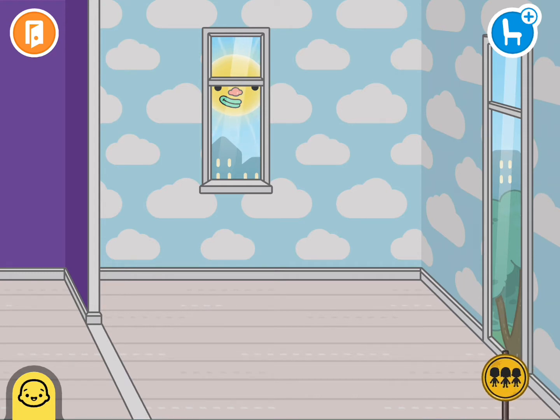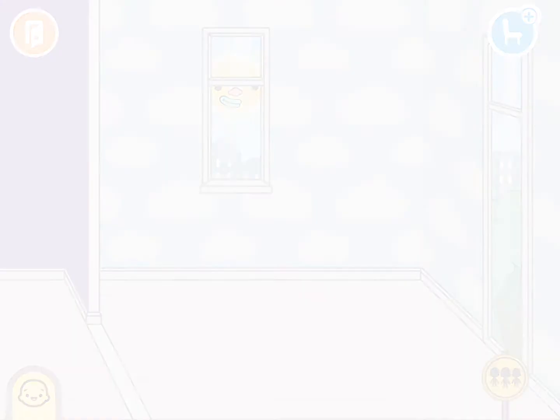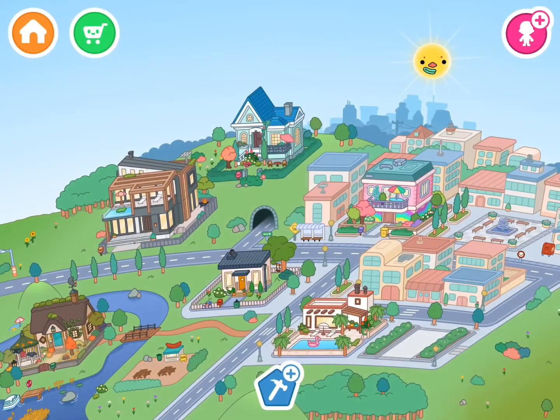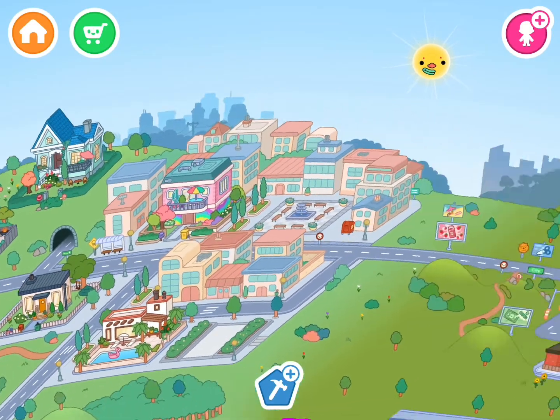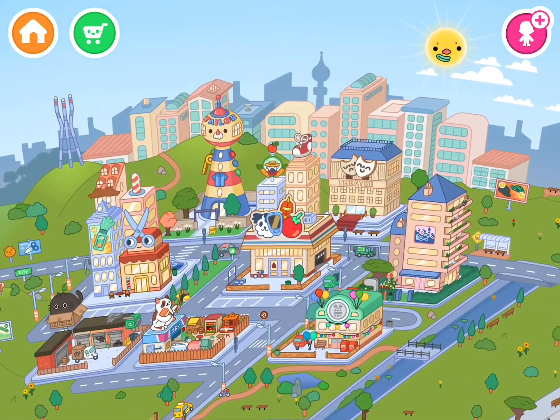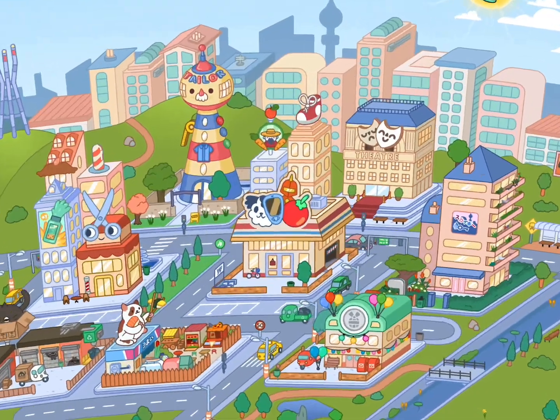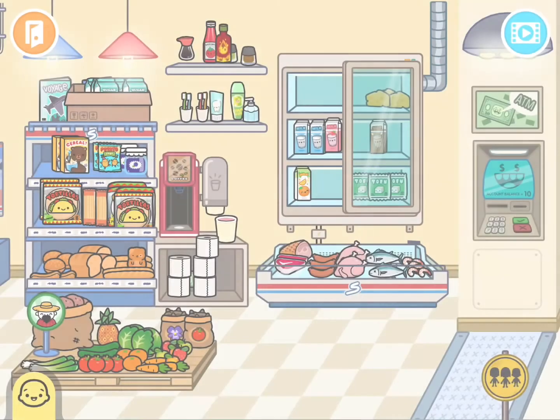The next button we need to pay attention to is the one on the upper left over here. It is the door, the little orange circle door button. That's the button we need to move to other parts of the Toca Life World. So let's go ahead and touch that button, and we'll go to the loading screen. We'll load back out into the neighborhood, swipe over to the left, and here we're back at the main part of the world. And the first place we're going to need to go is the supermarket.